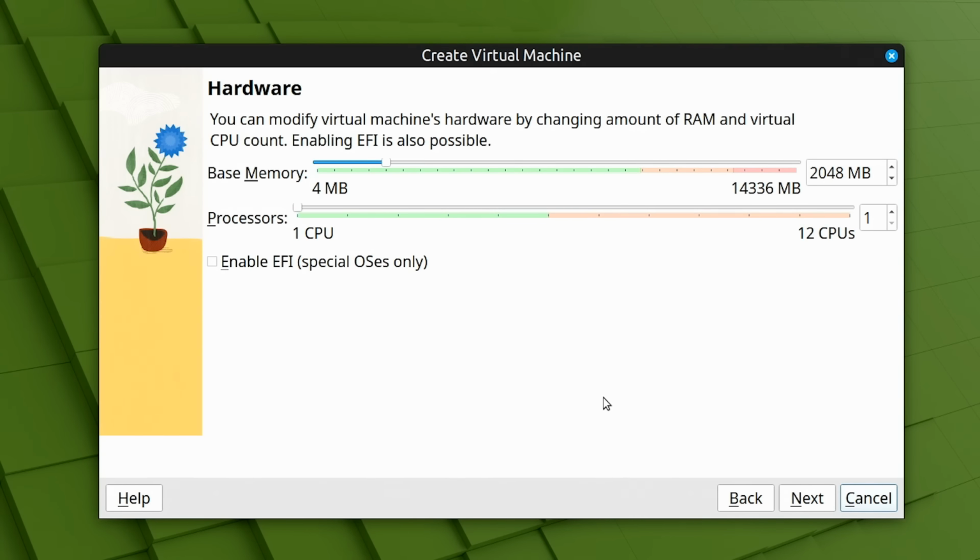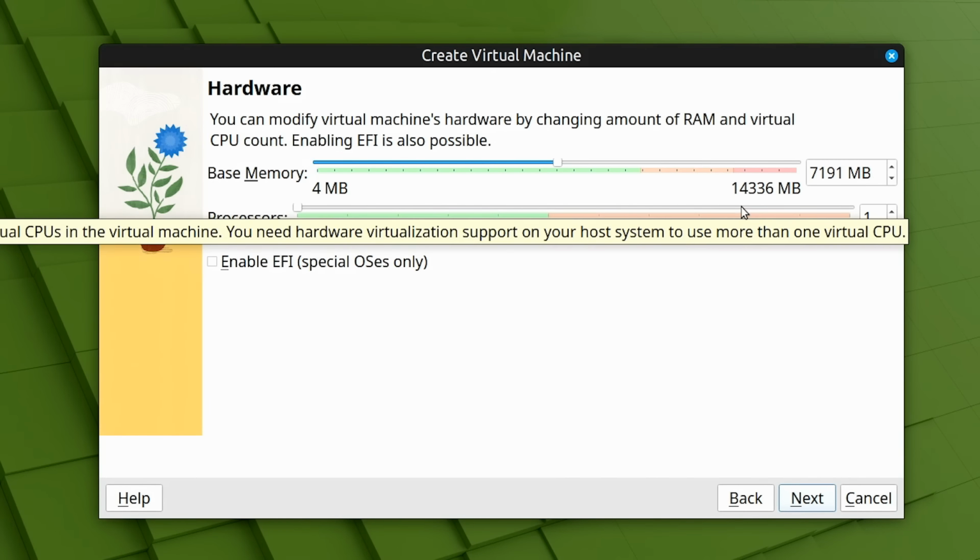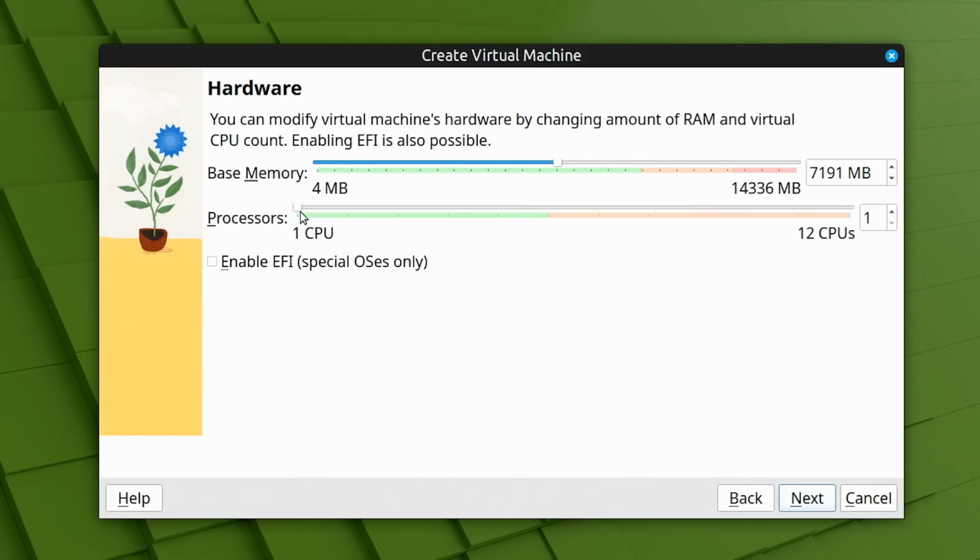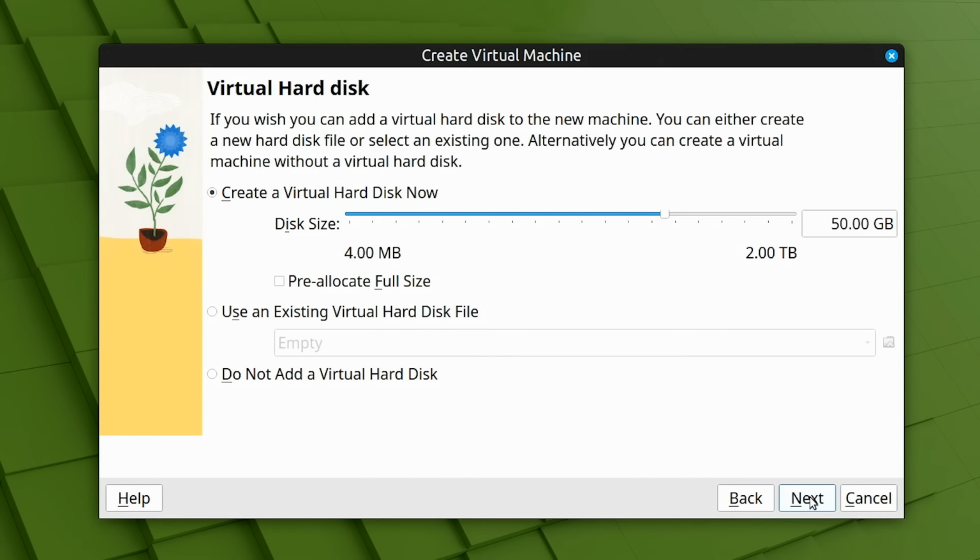We'll allocate resources for our virtual machine. I'm going to give it about half the memory on this system. This is a 16 gigabyte computer, but some of the memory has been used by the GPU. And we're going to allocate the virtual machine half of the available CPUs, that's 6 of them. So when the virtual machine is running, half of this computer's resources will be used by Windows 10 and the rest by Linux. So let's once again click on Next, where we can set up our virtual hard disk,